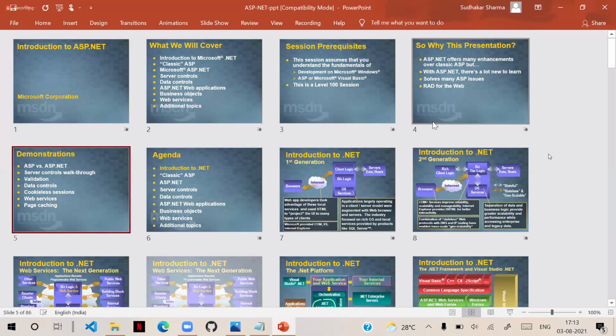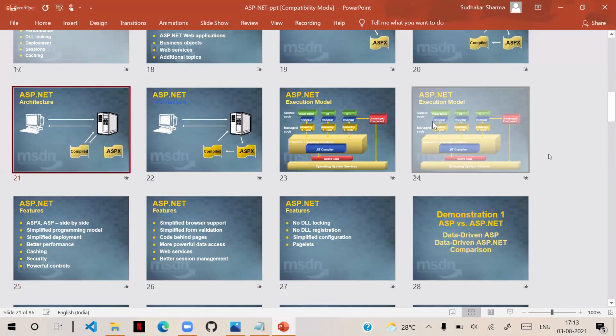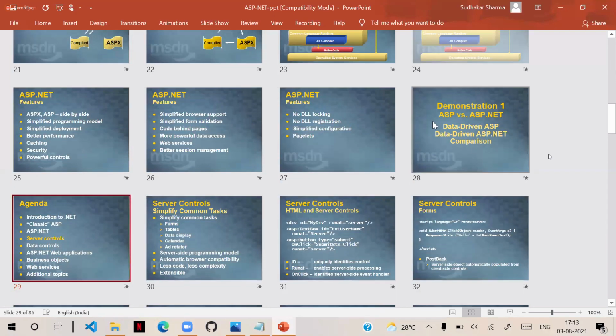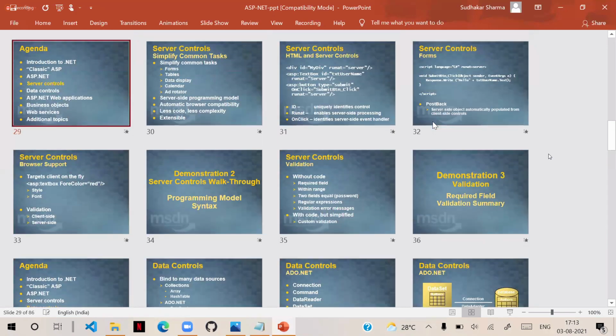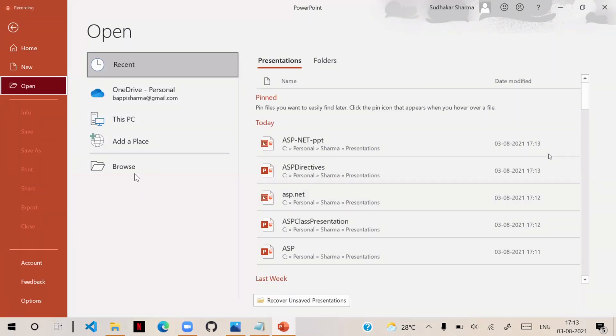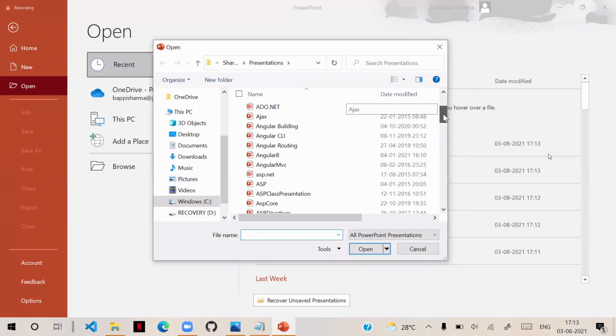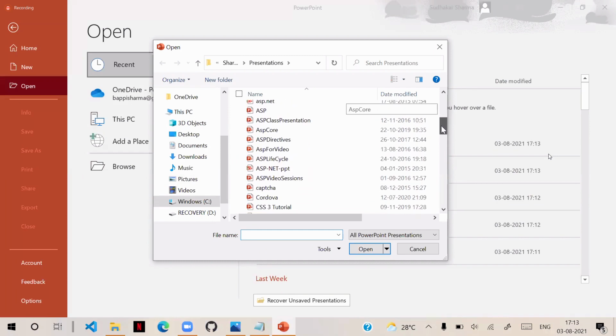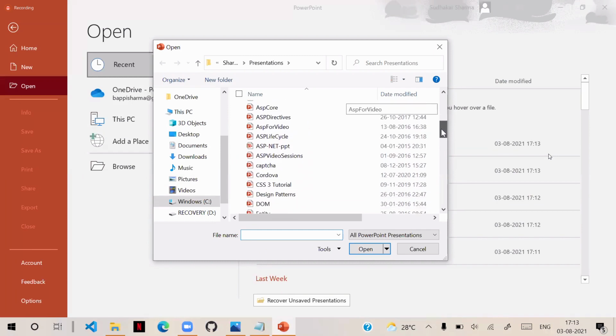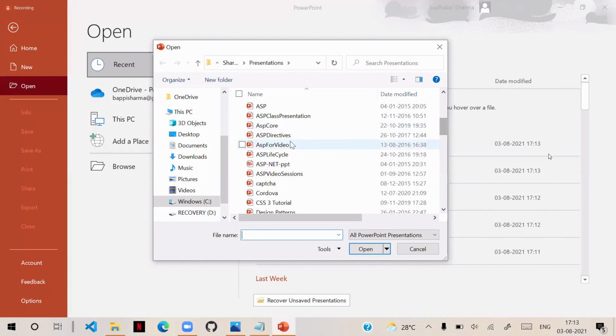These are related to some other server side technologies which will confuse you a little bit.